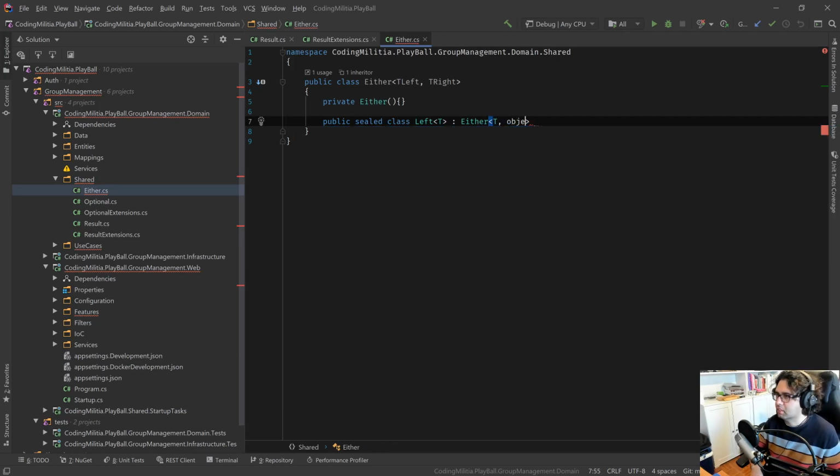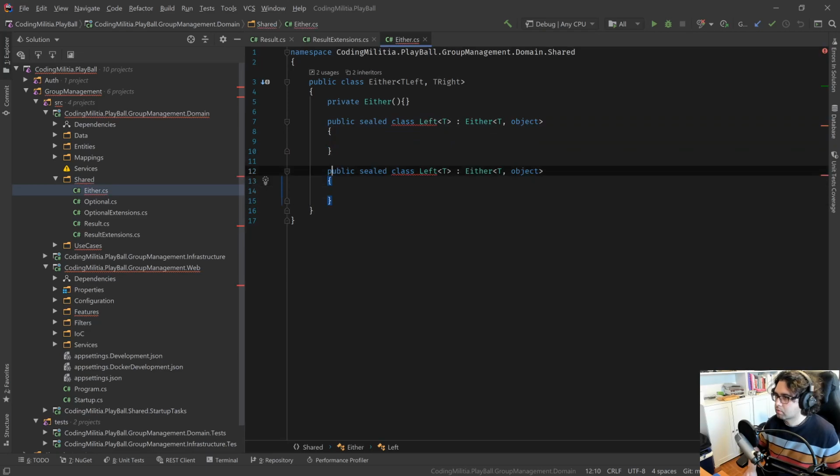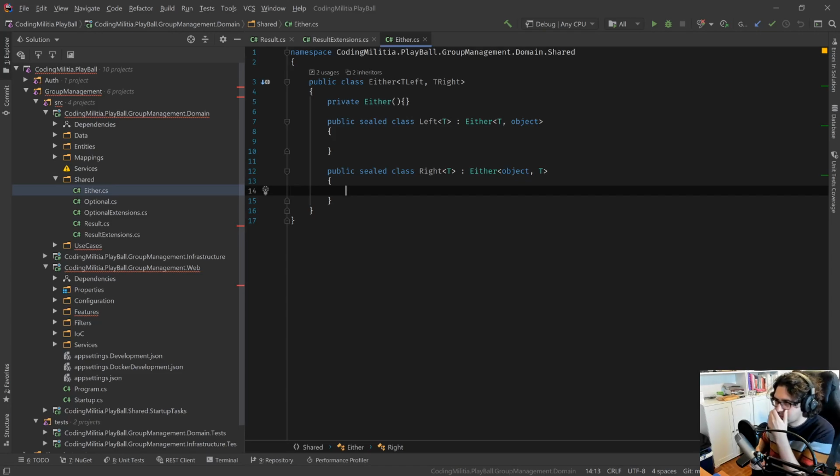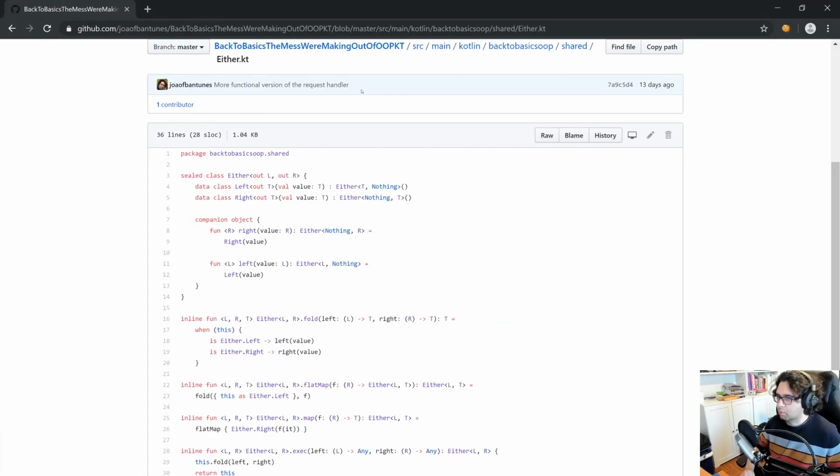I'll start with object and we'll see how it goes. I'm pretty sure this will eventually result in an error. So what we need,